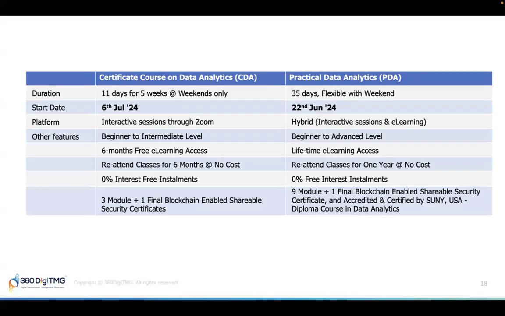If you go with the certificate course on data analytics, the duration is 11 days over 5 weeks, and this happens only on the weekends. There is a batch starting on 6th of July. Interactive sessions happen through Zoom, beginner to intermediate level, 6 months free LMS e-learning access. You can re-attend the classes for 6 months at no cost, 0% interest-free installments. 3 modules will be provided to you as a part of this course, and 1 blockchain-enabled shareable security certificate,